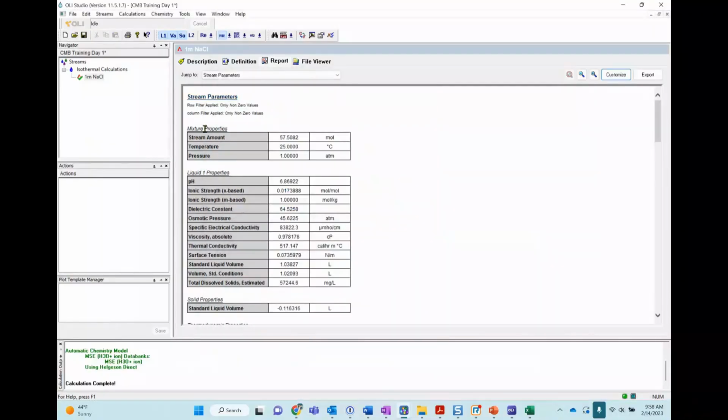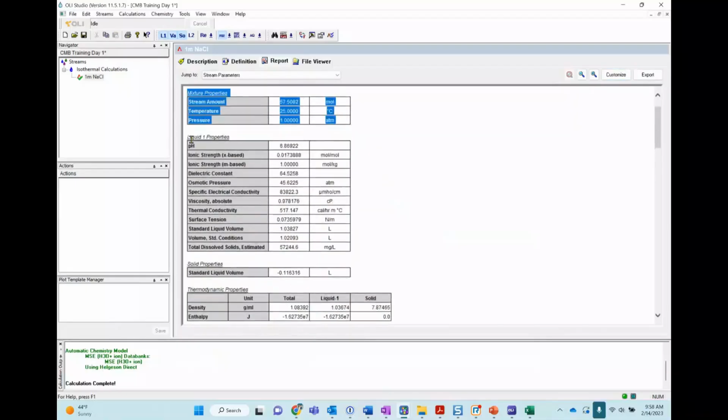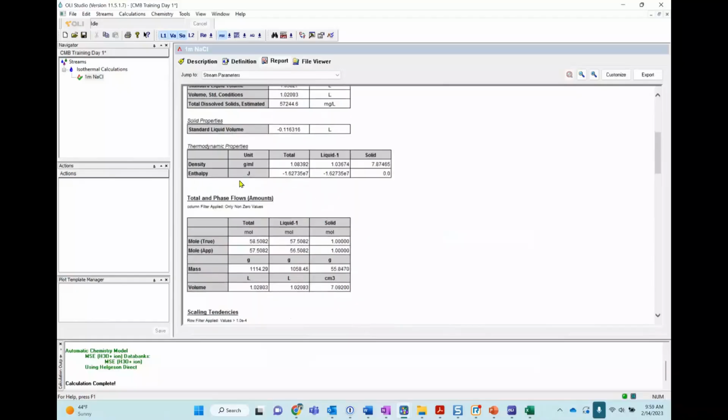And in here, you'll see a summary again of what you did, the properties of your liquid 1 phase. Now, every time you say liquid 1, this is a nomenclature that we have at OLI, and it can be confusing in the industry because liquid 1 in other industries means the organic phase. But in OLI, liquid 1 phase means the aqueous phase. It's always the electrolyte phase, the water-rich phase. And in here, you'll see the pH, ionic strength, all the different properties. You will see the solid properties as well.